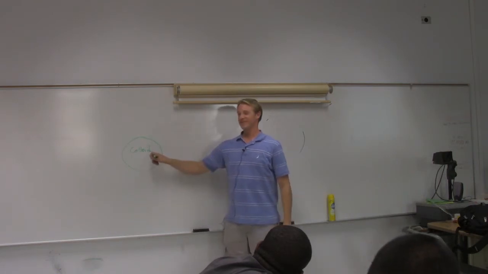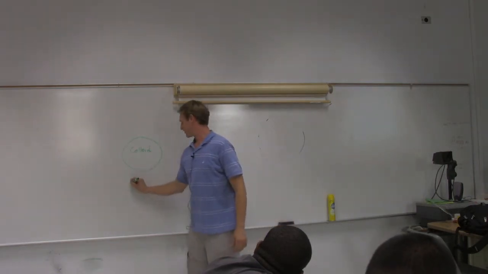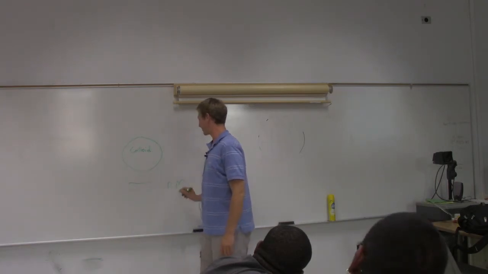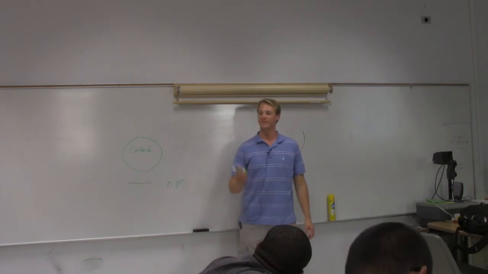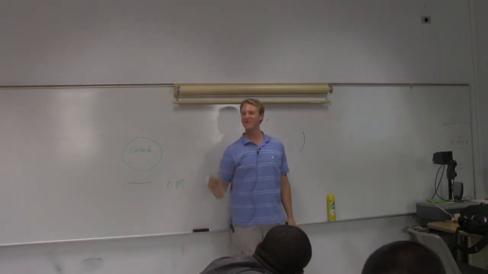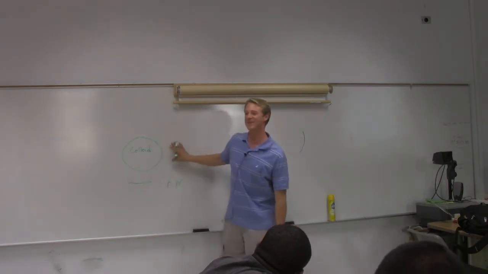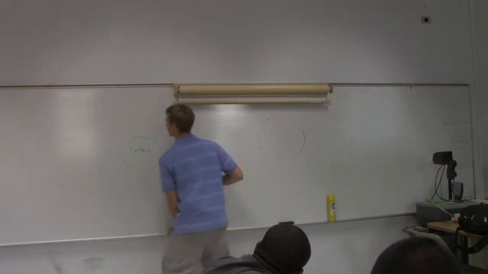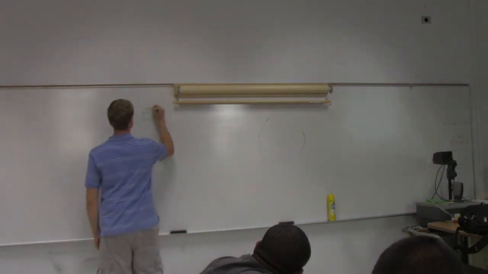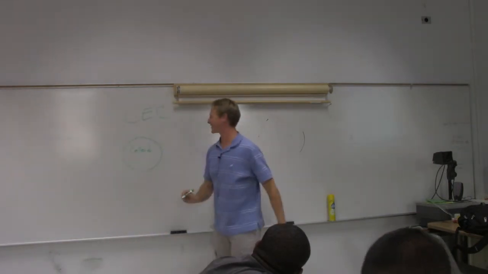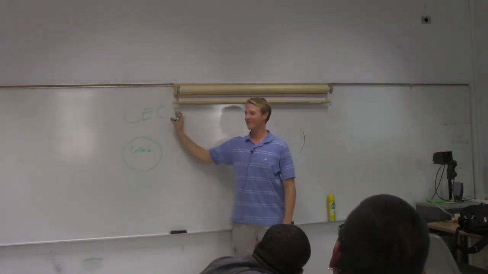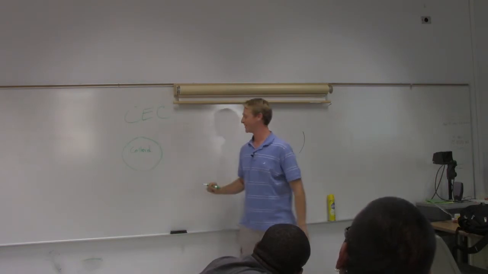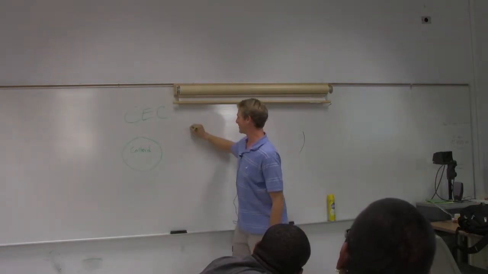But essentially, let's look at this. This is maybe 1 nanometer across. Super tiny. Need a microscope, right? So we're at a microscopic level. We're looking at a colloid. CEC, cation exchange capacity. All this is the capacity for this tiny ball of soil to grab onto